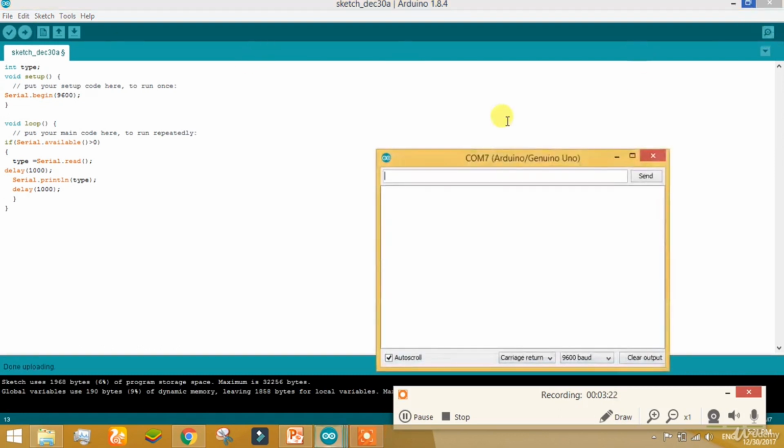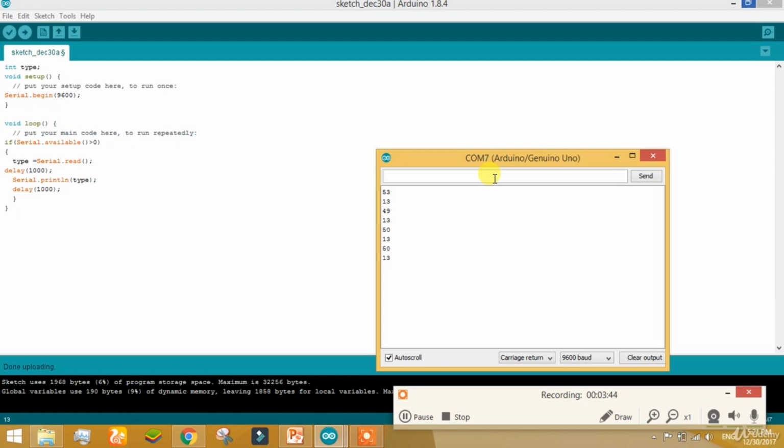Open the serial monitor and write something, say 5. There is a logic in Arduino that if you enter 1 it will show 49, if you enter 2 it will show 50, if you enter 3 it will show 51.